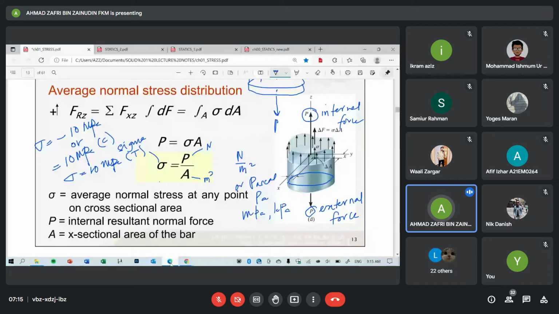So far, that's the formula to calculate normal stress. I will show you later. How do we know that the structure can hold the load or not? Whether it breaks, what will happen to the structure? We will know that based on the stress value. But first, we need to know how to calculate stress. If you look at this structure here,